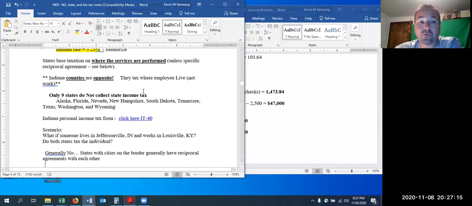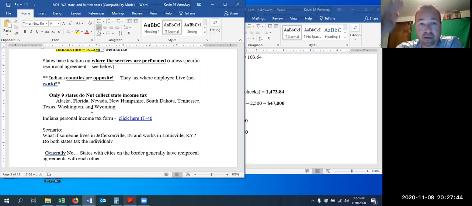Now, it's also good to note that there are 9 states that actually do not have a state income tax. And that is going to be your discussion board for this week, looking at these 9 states. I want you to go through and figure out, because I give you the starting point. I say, okay, Indiana, they collect, and I break it down, this much of the taxes that go into the state of Indiana to pay for all the different things that Indiana pays for through the government.